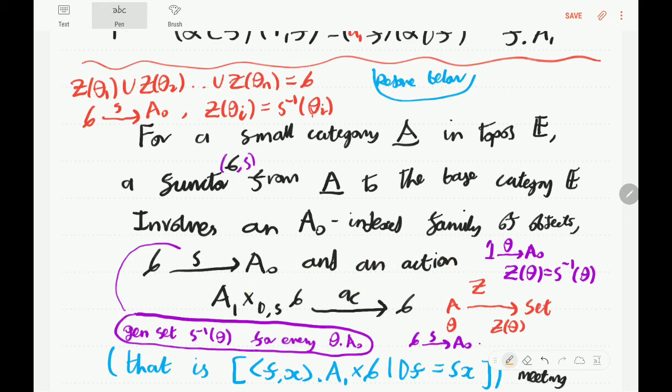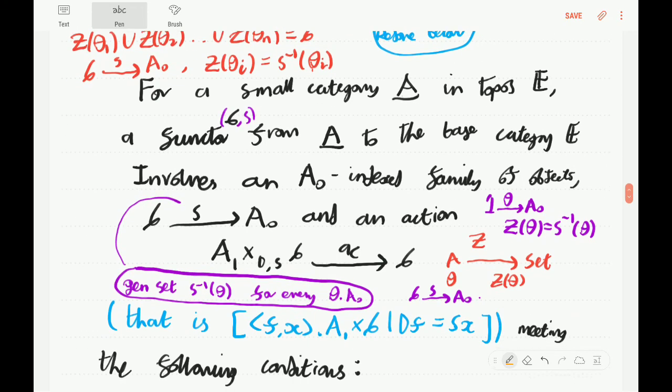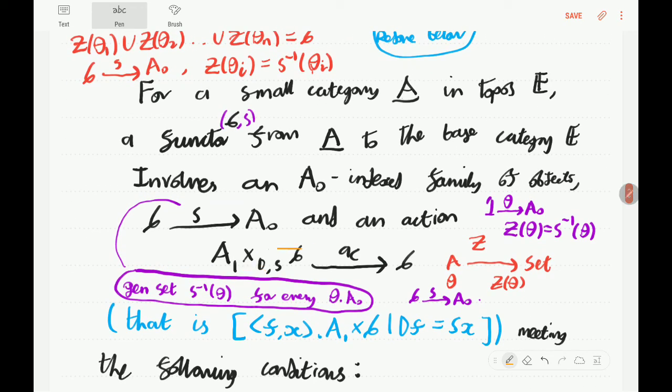Okay, so this action is going to be an arrow from the pullback of d and S to zeta. So, in other words, this is just an expression for the pullback. So what we're saying is that